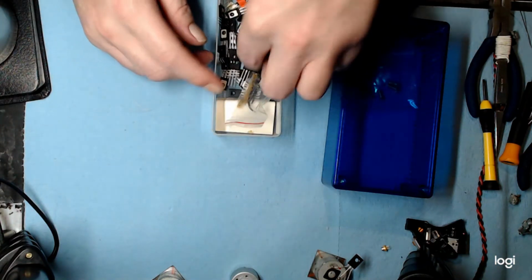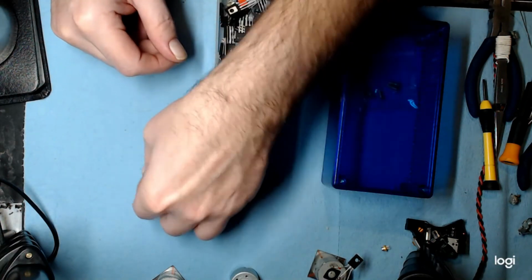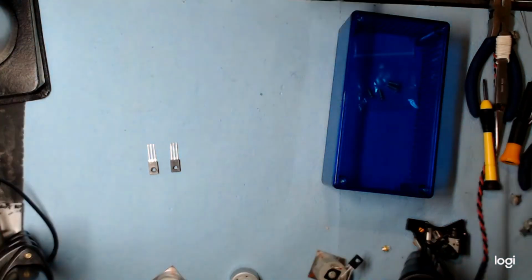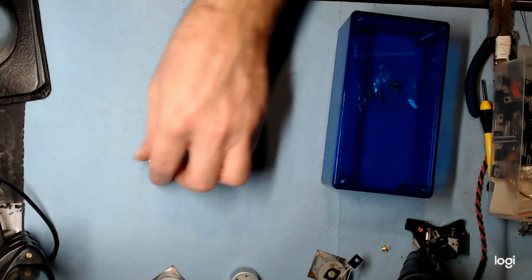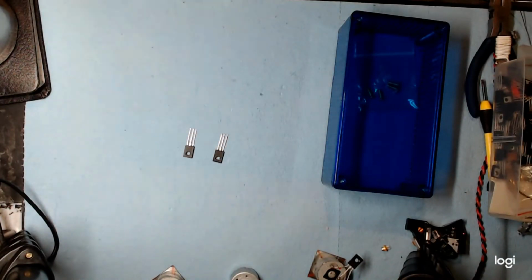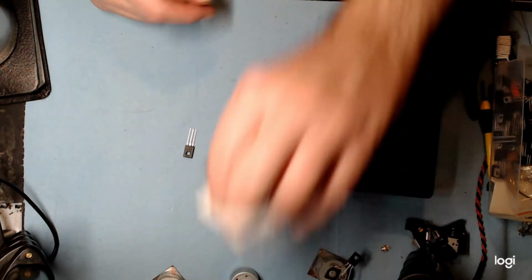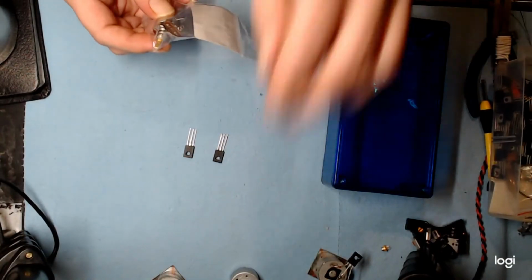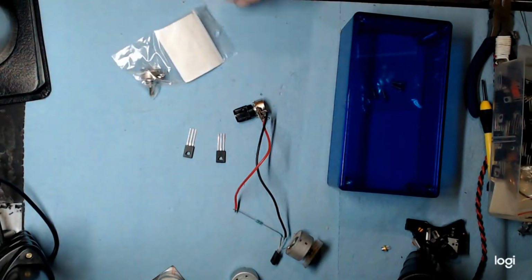The chip we're going to use to control the motor speed is 2 transistors, the BD437, and these regulate current as long as the voltage is steady. So they're not technically constant current, but they do regulate the current to the motor. And with the 10K trimmer potentiometer, whichever one you want to call it, and a knob. I've got one set up already here,